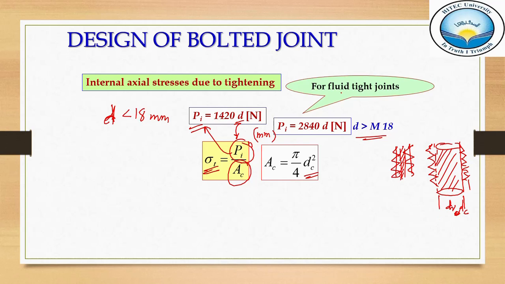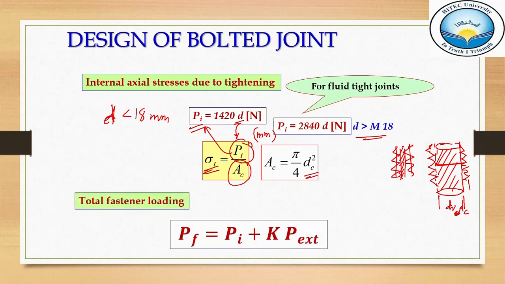Clear? So the area is pi by 4. It's a perpendicular area, because this is the area we're talking about, this perpendicular area. But the diameter uses dc, which is the core diameter. And why it is used, again I am repeating, it is because this is the minimum solid diameter which actually bears the stress. Now, total fastener load